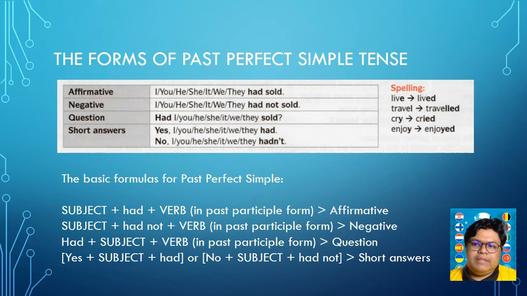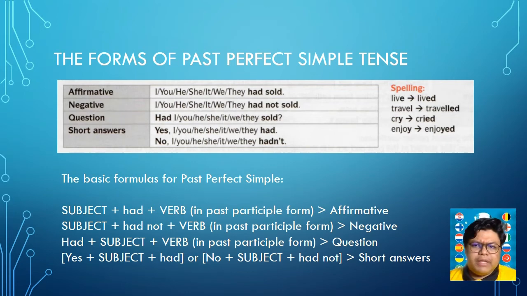And then lastly, when we want to write short answer, okay, if it's yes, then after that it must be followed by subject, okay, and followed by had. Okay, if it's a no, then sama jugalah, no followed by subject. Okay, tapi instead of had, you say had not lah if it's a no. Okay, that is for short answers. Right, so as for the verb, okay, so